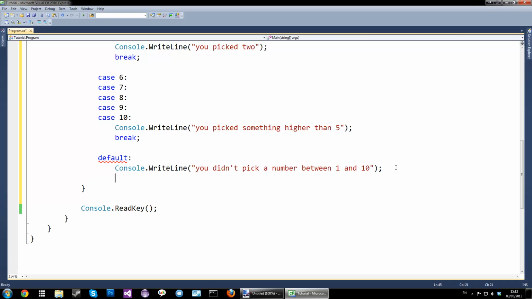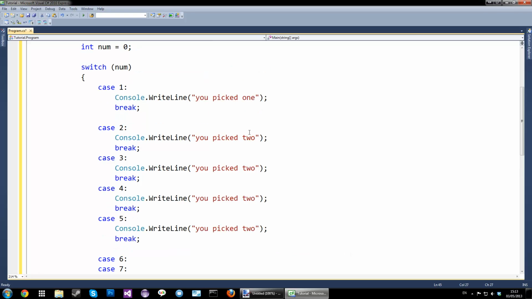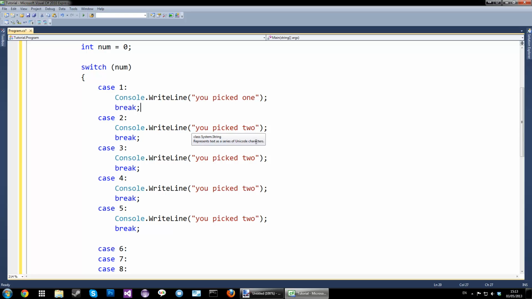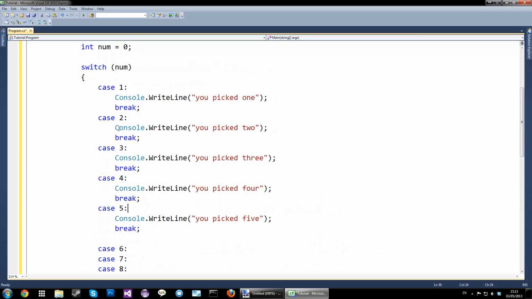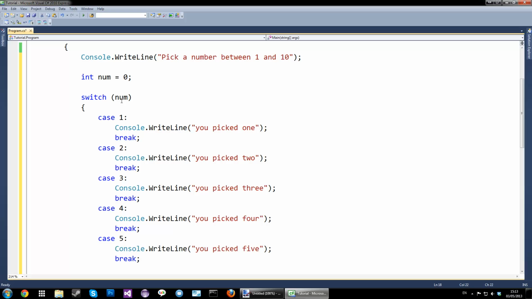And break. So the reason you have to break is so that it doesn't continue. I'll show you that in just a second. Removing unnecessary white space. It is 3, 4, 5. Right. So basically what I've done here is that case 1, if num is 1,